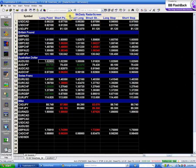So to wrap it up, I'm going to go long above 102.80, and if I do buy it above 102.80, my stop is going to be below 102.50, so I'm risking about 30 pips on that trade. My structure long, there is no structure long, it's an all-time high. On the short side, I'm going to go short below 102.20, and if I do, I'm going to place my stop above 102.50, so I'm risking about 30 pips on that trade, and my structure short is the 101.82. Okay, that is the Aussie dollar. I will check now the stop for